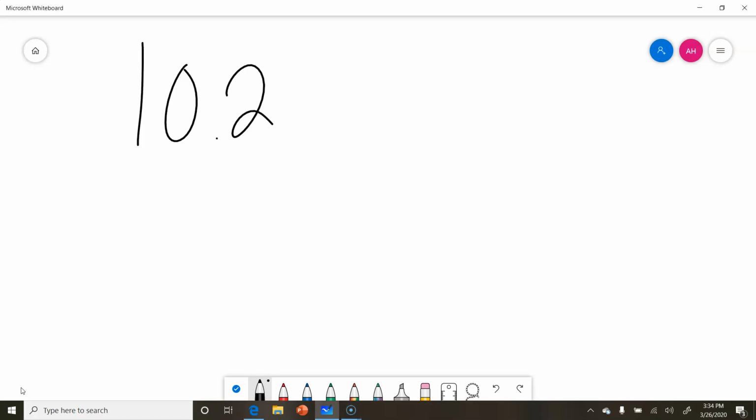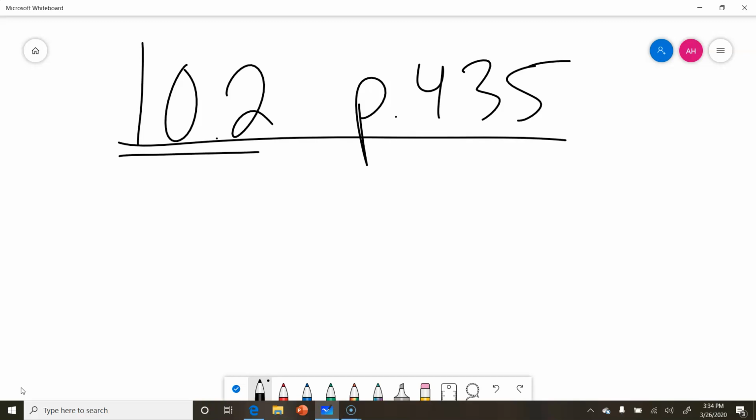But we are now on 10.2, which is page 435. Hard to believe we've already made it that far in the year, but we have. So if you want to follow along with me in your book, turn to page 435. If you need to pause me in order to get there, go ahead and pause me, get your pen, pencil, paper, whatever you need. So our first definition here is what we call